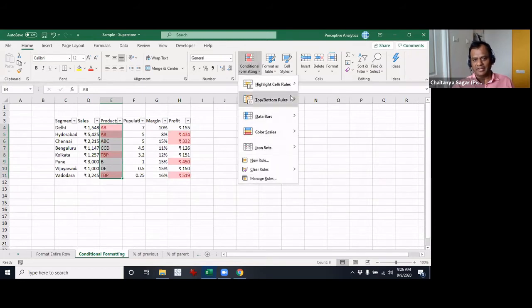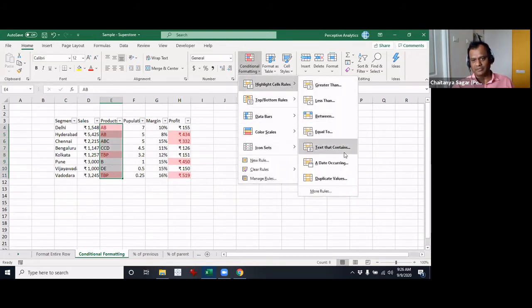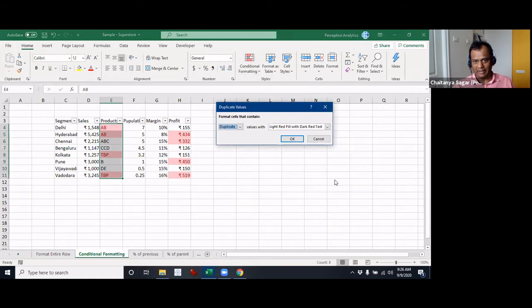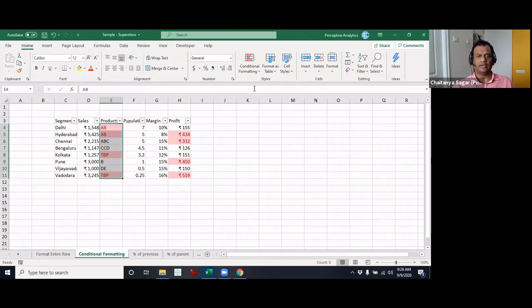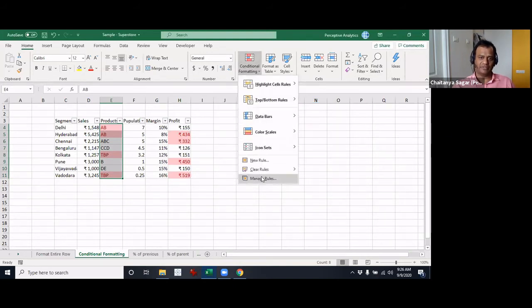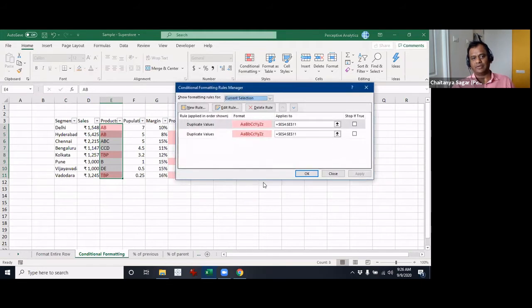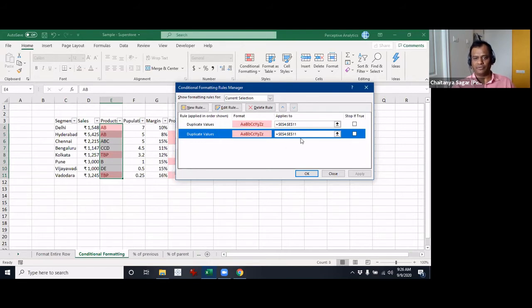Let's say conditional formatting, so basically duplicate values again. So it is basically going back to the same one. Let me see if there is any other way for us to give any other formatting, but even in that case I suspect that you'll not be able to give different formatting for different duplicates of different values. Because in any case it will basically say duplicate values, right? There's no way for you to say anything else.